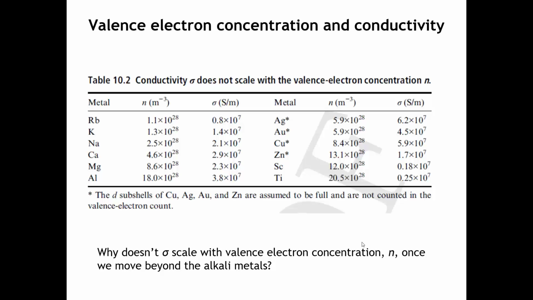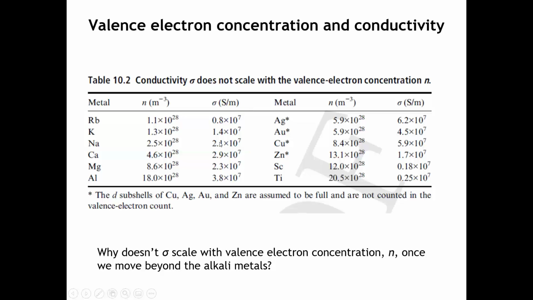But maybe the most damning problem with the Drude model is if we just look at how well we can use it to predict the conductivities of various elemental metals. So if we start with the alkali metals, rubidium, potassium, sodium, we can see that as the atom gets smaller, we can pack more atoms into a given volume. And so that's going to lead to a higher value of n,